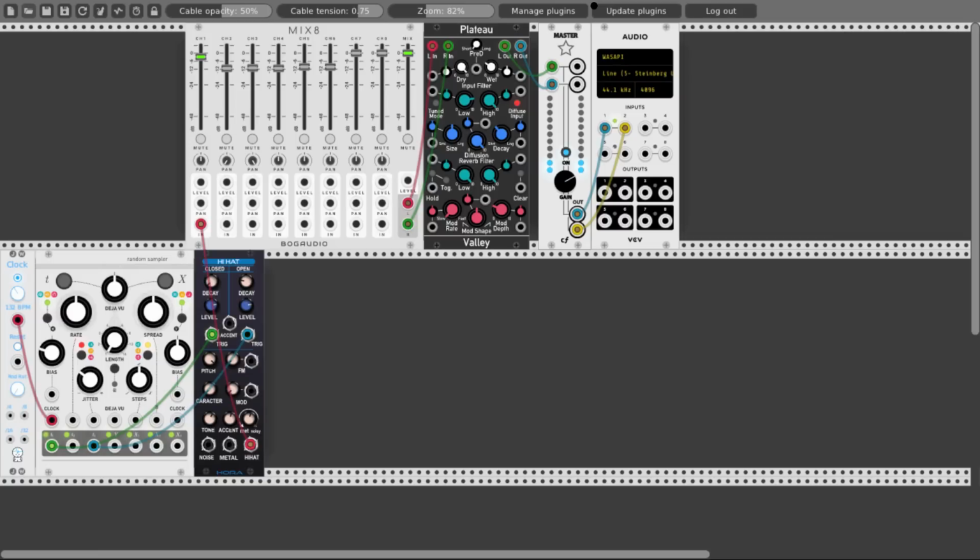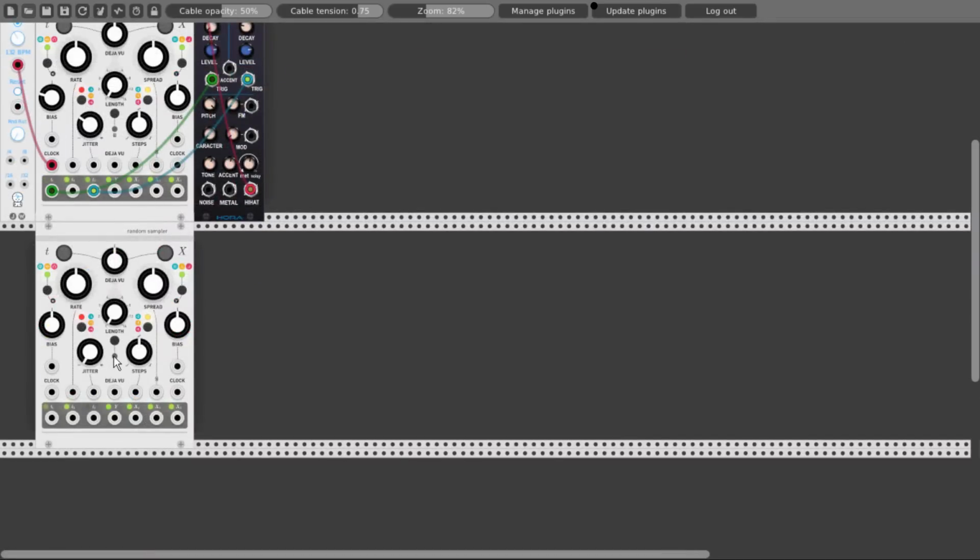But again, let's leave it for now somewhere here. And this was the first mode, again a sort of a Bernoulli gate mode. And let's add now another Marbles. So I will duplicate this one and also initialize it. And let's connect this also to the clock and change the mode to the second mode, the yellow one.